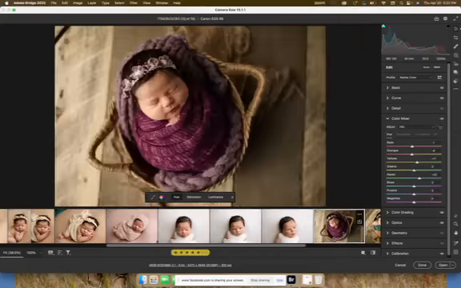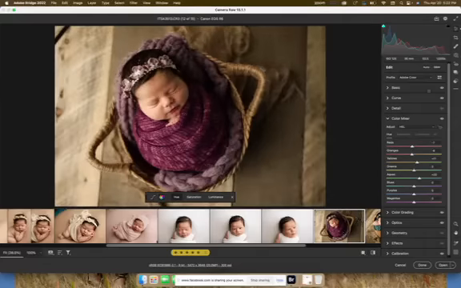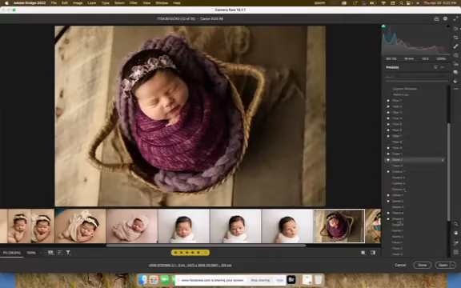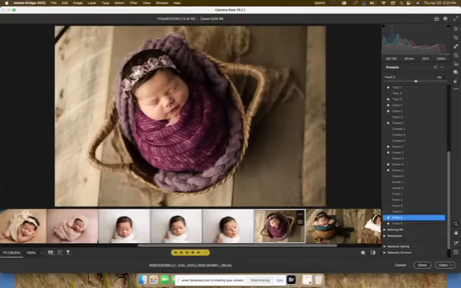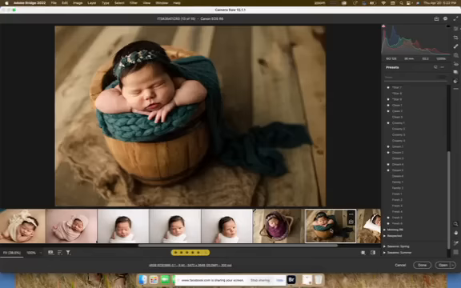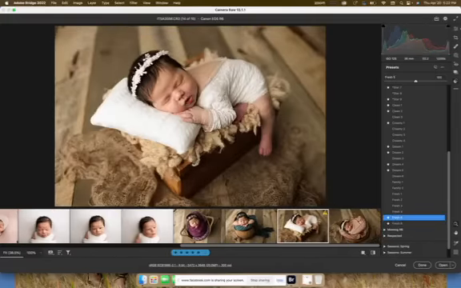I don't think this has a preset on it, does it? I'm just gonna apply brush 5 to it. There we go. And then this one, I don't know if it has one. I'm just gonna apply fresh 5. Oh, she was such a chunky thing. Fresh 5, and then